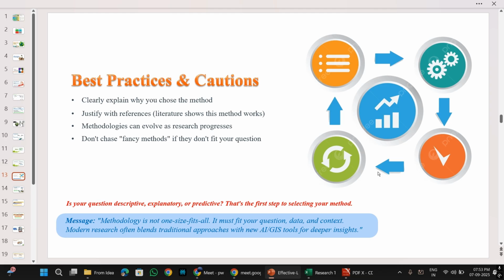The methodologies can evolve. As time passes through your research, as your research progresses, often methodologies evolve. So you keep that space for your research methodology to breathe and to grow and to evolve as well. This is a dynamic process. Research is a dynamic process. Your objectives, you should prioritize that they don't change, correct? But methodology, because methodology is the path that you take to the objective, the path may change.